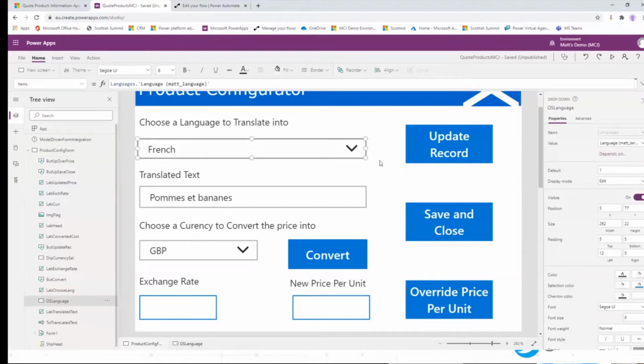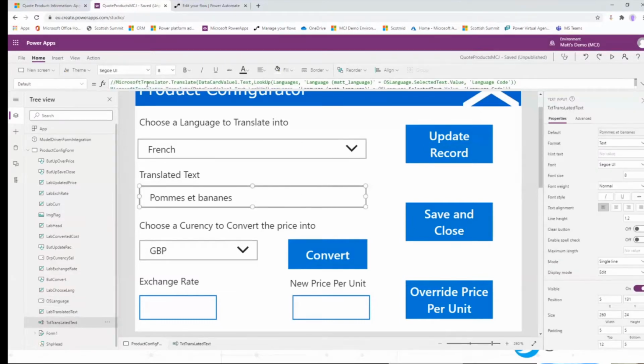It's just a few different things. So this is a lookup to a language table in my Dynamics instance. This is just a field. This is how we translate the text, and we'll go on to the currency stuff later. But to translate the text, I've used a free